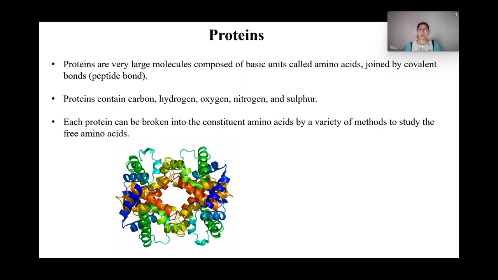So proteins are very large molecules composed of basic units called amino acids, which are joined by covalent bonds called peptide bonds. And these proteins contain carbon, hydrogen, oxygen, nitrogen, and sulfur. All these are constituents of the amino acids that form the building blocks of the proteins. And each protein can be broken into constituent amino acids by a variety of methods. So you can separate these amino acids from each other,